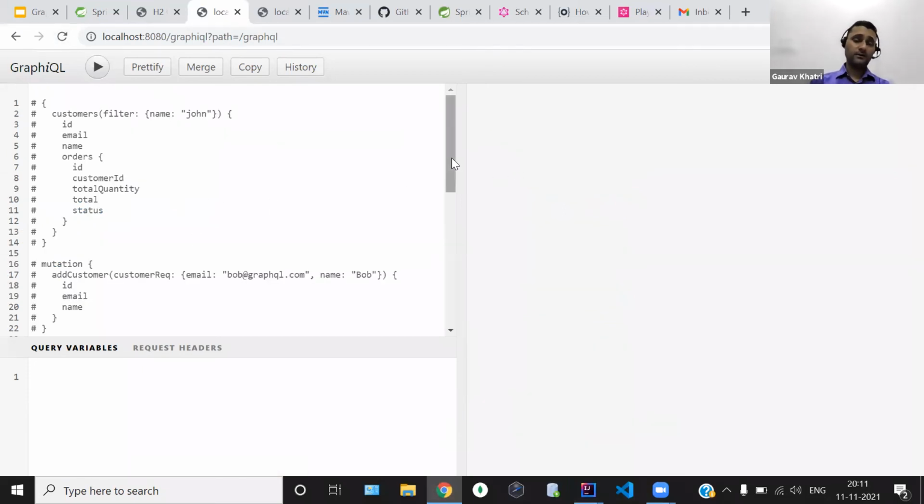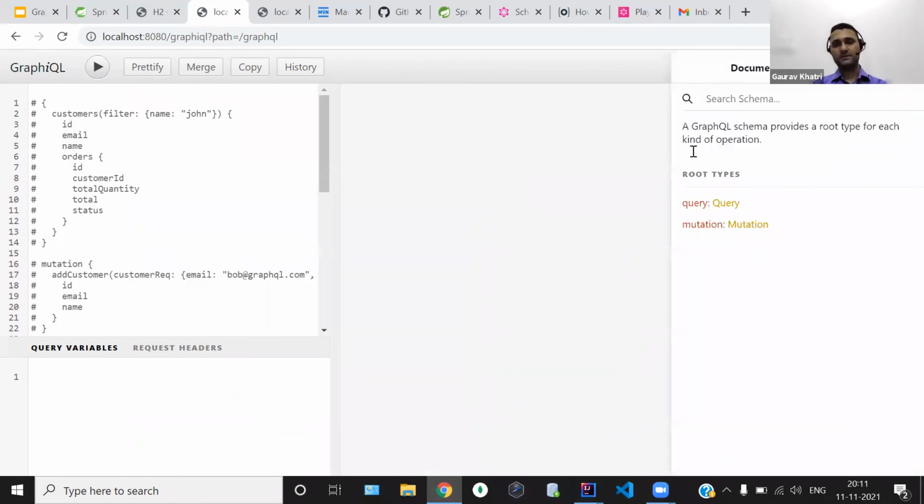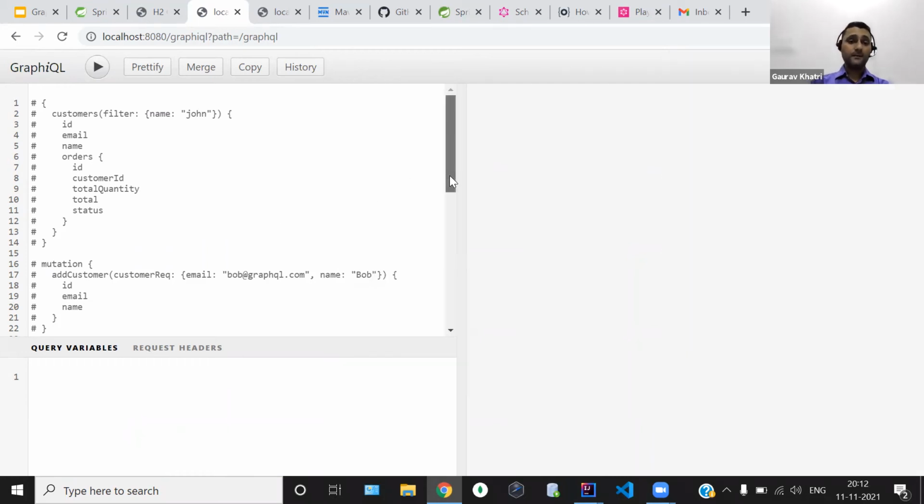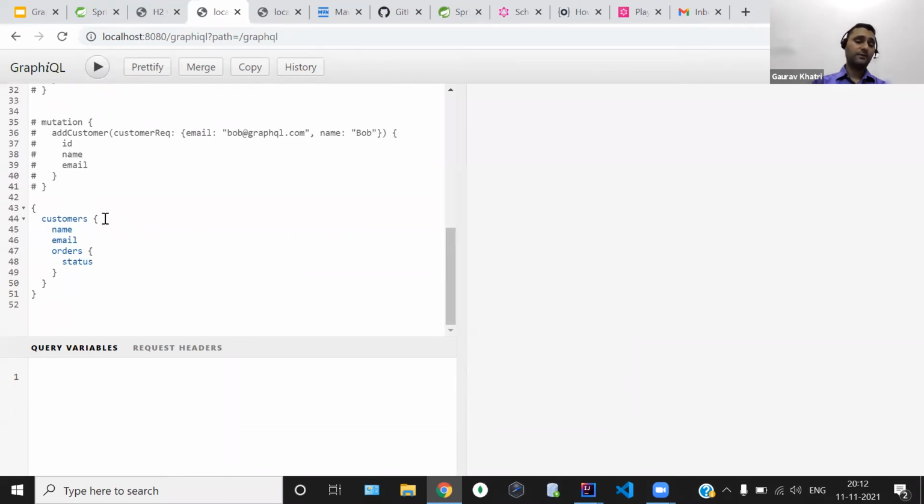Before utilizing this particular query, I wanted to show you what will be the extra information in the documentation part. We can see we have Mutation as an extra bit of information. If we click on Mutation, we will see addCustomer as a mutation query. If we click on customerRequest, we will see the data type of the customerRequest. Now, before writing the mutation query, I will try to write the filter over here, so I can show you whether that particular customer is there or not. If I type Bob, and click on this request, we are not getting anything.